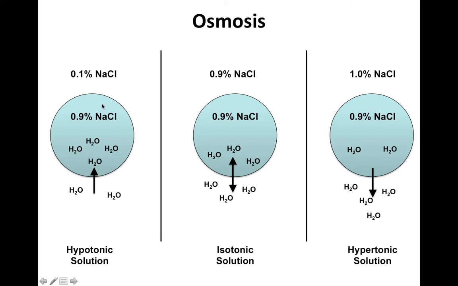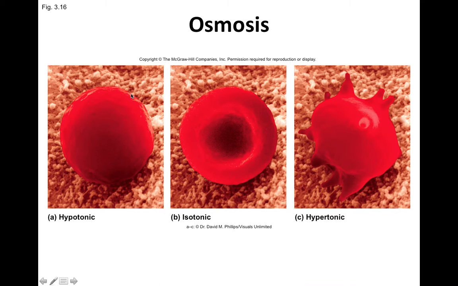Well, let's start with this example first. In this example, if water is being drawn into the cell, then what we find is that that's actually going to cause a cell to start to enlarge. And you can compare this erythrocyte, or red blood cell, to this normal erythrocyte, which would be found in an isotonic solution. This one's a little bit more flat, and this one is starting to swell up. Now, these can actually swell to the extent that they actually lyse or burst, as we would say,